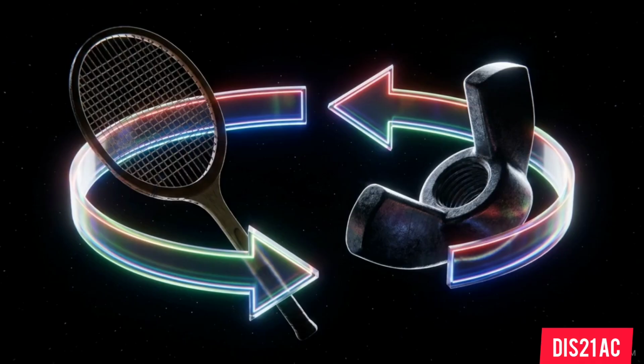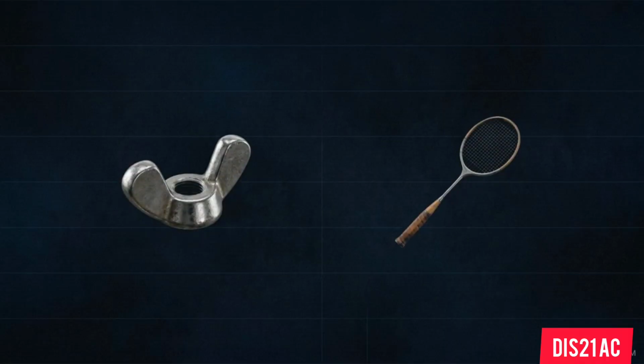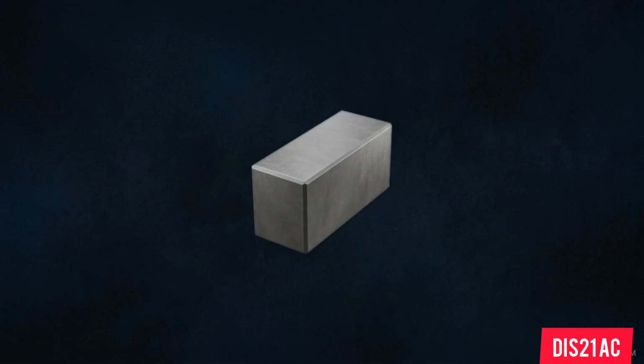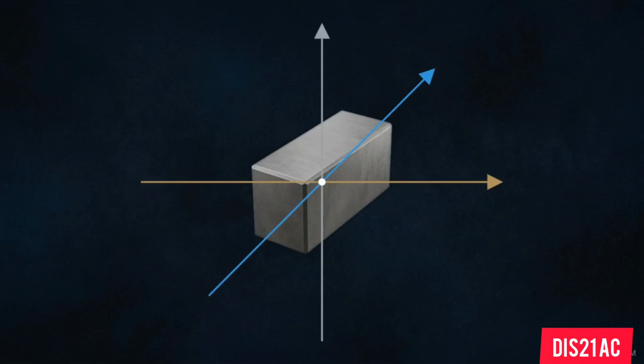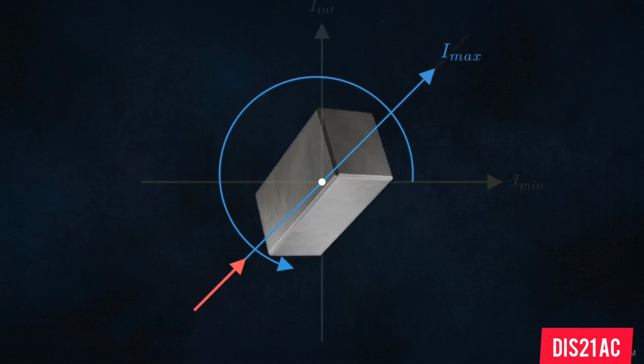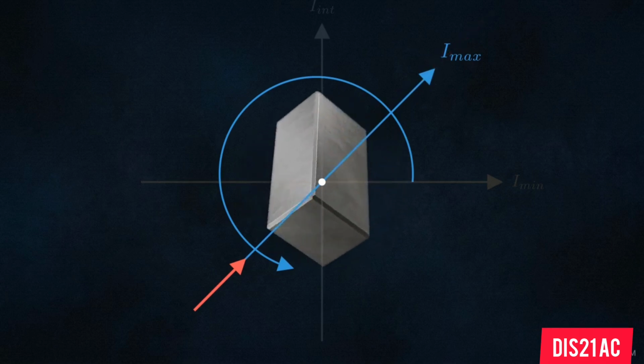To understand how an object can spontaneously reverse its orientation entirely on its own, we have to look past the surface and examine a geometric trap hidden inside every three-dimensional object. This animated diagram uses a simplified rigid block to visualize Euler's equations of motion. Every solid object has three principal axes of rotation, intersecting at its center of mass. Each axis is defined by a principal moment of inertia. We define the first axis as the one with the maximum moment, meaning the mass is spread furthest from the